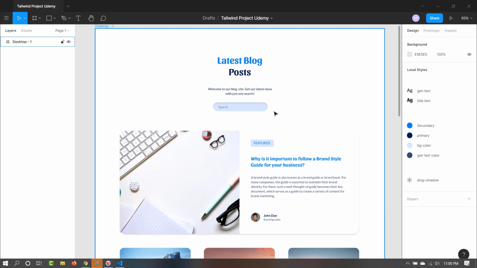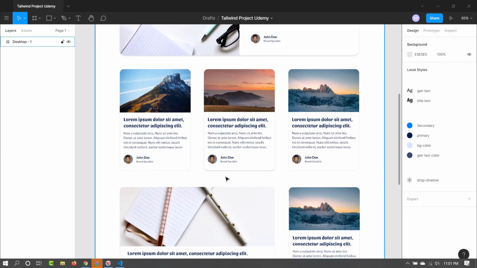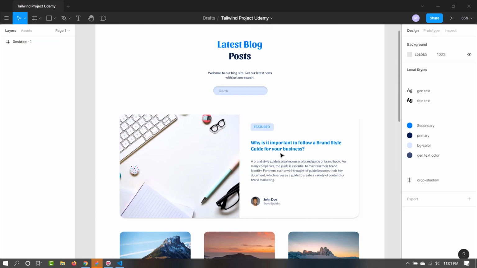So in our template here there are 4 different types of colors, which is this one, the secondary color, the primary color, and then this background color, which is used in here, and the background of this feature. And there is a general text color, which is this one. All of the body text or the general text has this color. And we also have 2 different types of fonts. One is for this title and one is for the general text. So we need to add 2 font families and 4 types of colors.